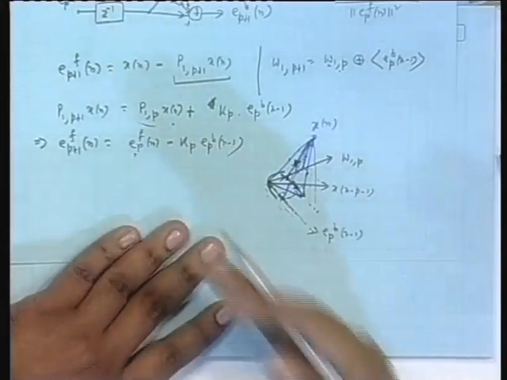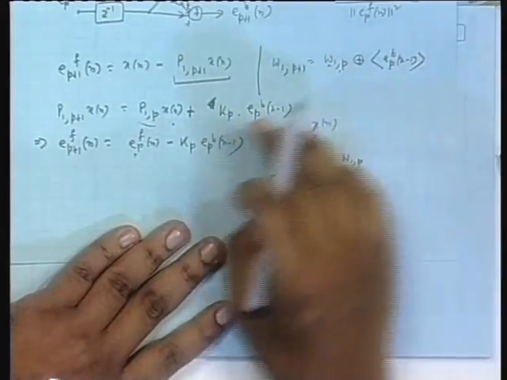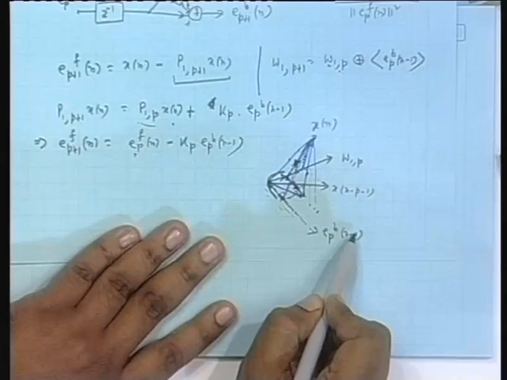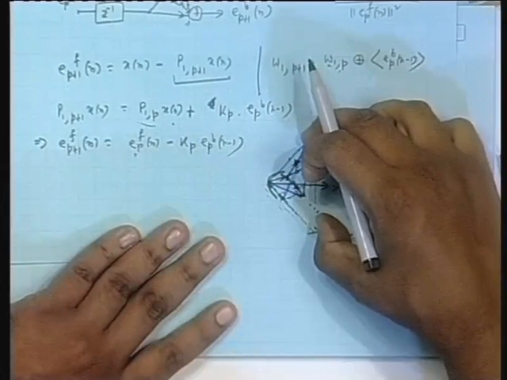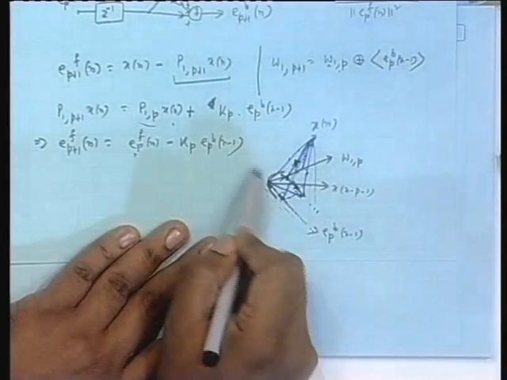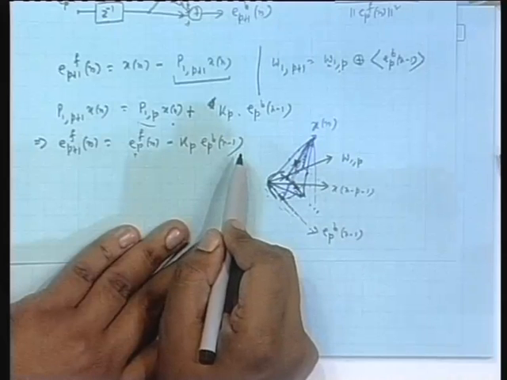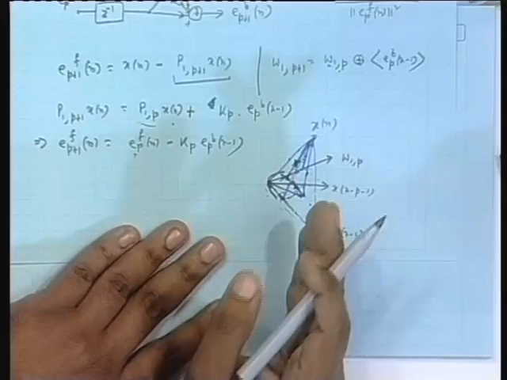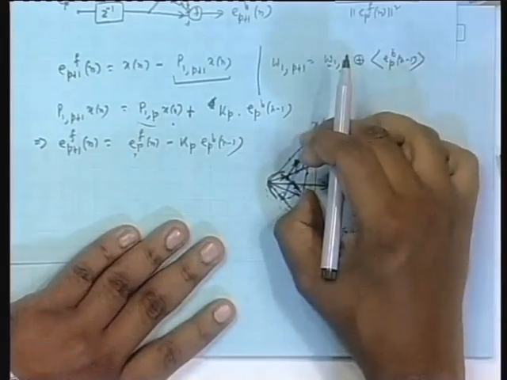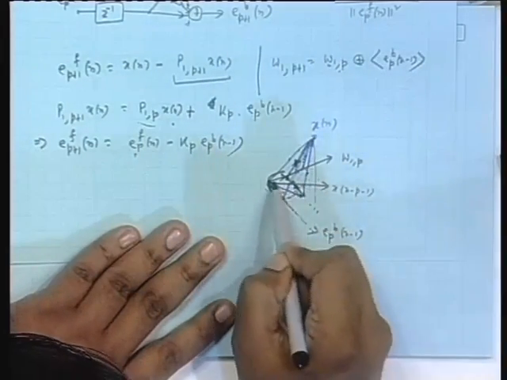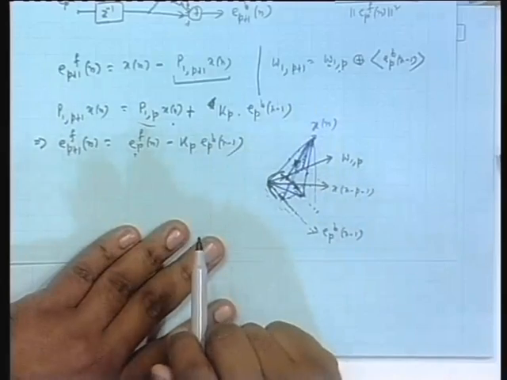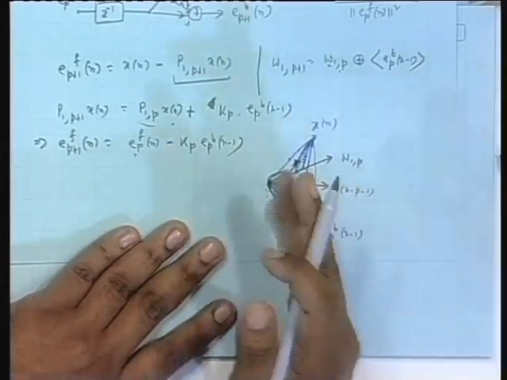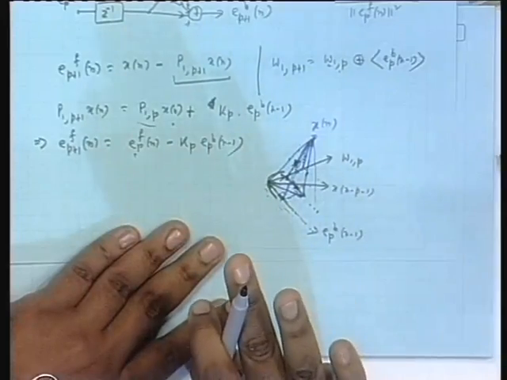So, by varying k, this error norm will vary, and as you understand, as k deviates further and further from the optimal one, the norm square of this error vector will increase. Again, if you go to the left hand side, it will increase. In fact, we can now show that it will be a quadratic function of k, the norm square of the error vector, that will be minimum only when we are talking of the projection, and this is orthogonal to this, because after all that error norm will be minimum only when it is the orthogonal projection, that we have seen in the general case, right. Are you following?